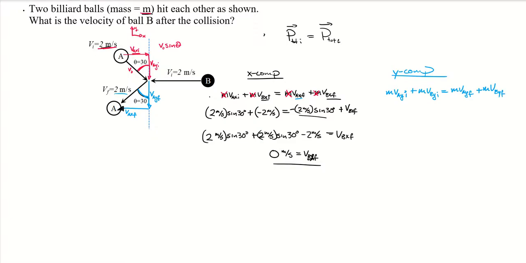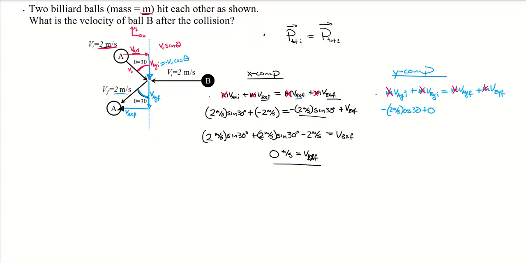And we do the same sort of thing. We have another equation here. We just have to think of what those components are. Just like previously, we can cancel out those masses and then just sort out what those components are. Well, in the y direction, we have this component here. It's just going to be V naught cosine theta. It's the side of that triangle adjacent to that angle. And it's going to be in the negative direction. It's pointed downwards. So this ends up being negative 2 meters per second cosine of 30.